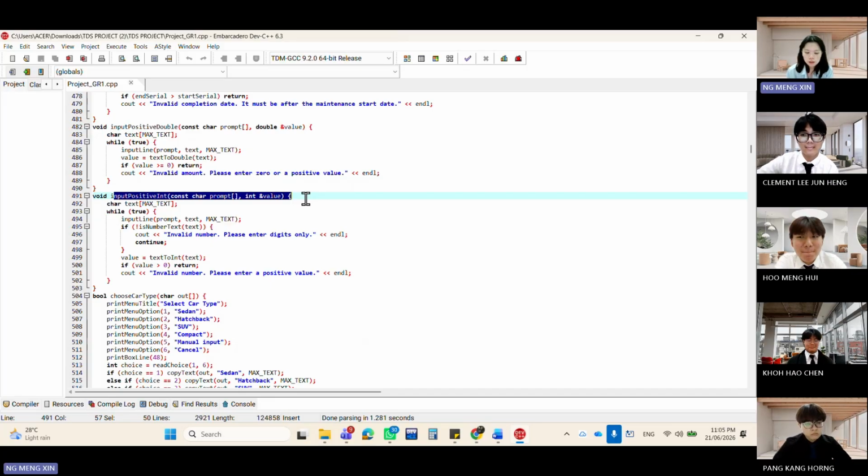In conclusion, our car rental management system fulfills the main C++ code segment requirements. The system includes user-defined functions, structures, base classes, derived classes, constructors, destructors, overloaded functions, friend functions, dynamic memory allocation, text file storage, linked list, bubble sort, and binary search. These implementations show that our system applies data structures and algorithms in a practical car rental management application.